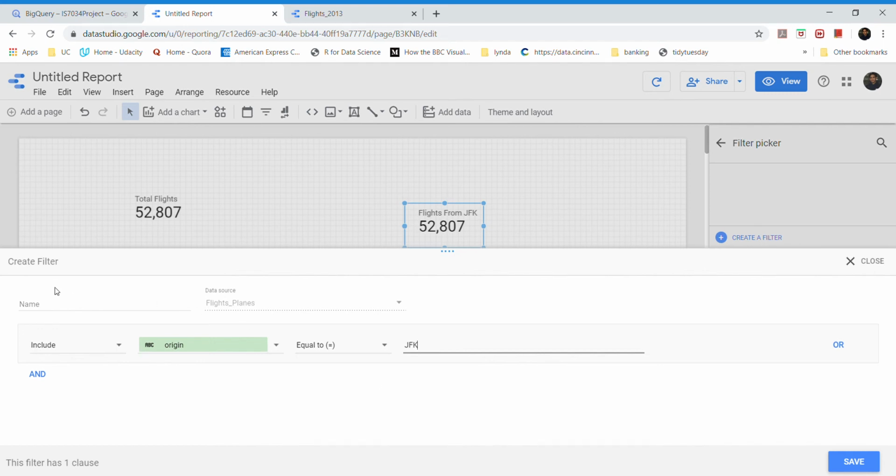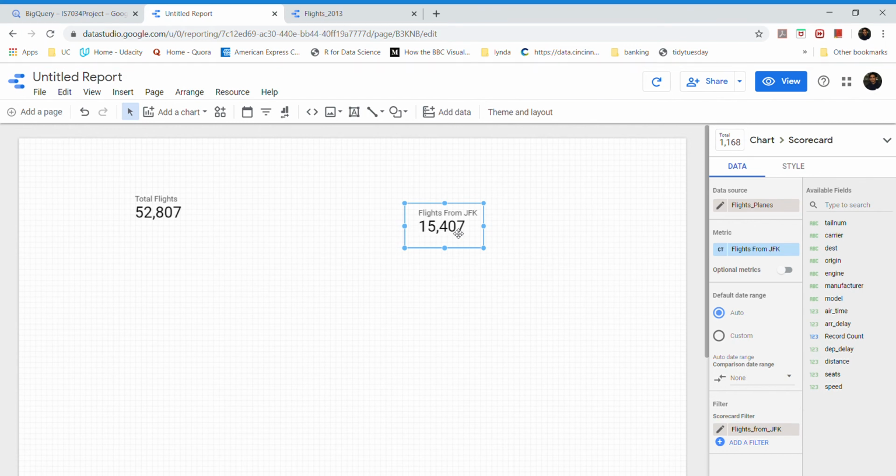And if you want to give a name to this filter, let's again say flights from JFK, and click on save. Now as you can see, the numbers are filtered now, and you have the number of flights from JFK.